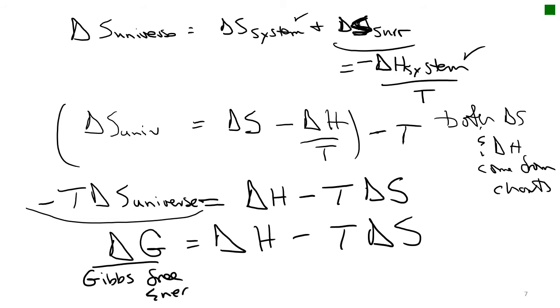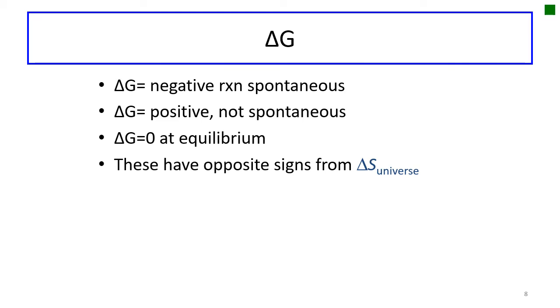Gibbs free energy is the maximum amount of work that you can get out of a reaction after you have changed both the entropy of the surroundings and the system. So it's what's left over to do work, and we get our values of delta H and delta S off of the charts. Now, the sign. So we have opposite signs from delta S of the universe. So our new second law